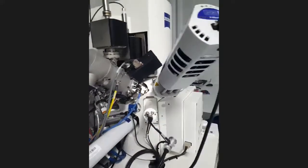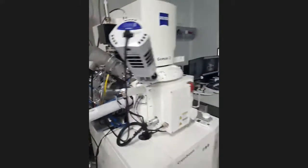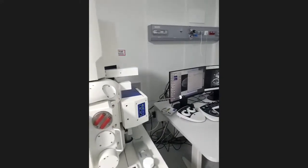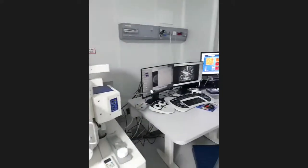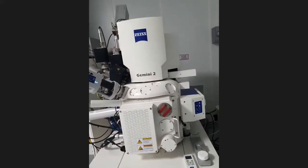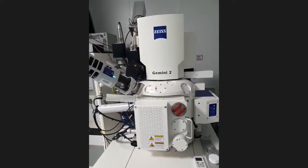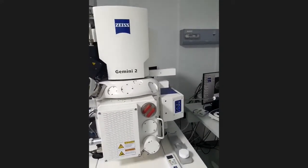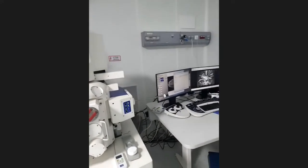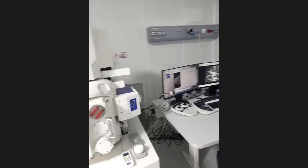So also we have a focused ion beam, and we can cut in situ by ion beam. For example, it could be used for 3D tomography. You can cut layer by layer with a huge accuracy. Or, for example, you can cut 20 nanometers, 20 nanometers, 20 nanometers, and